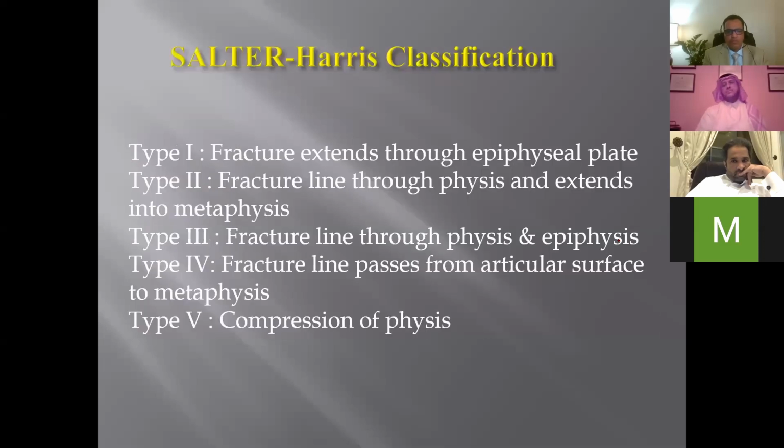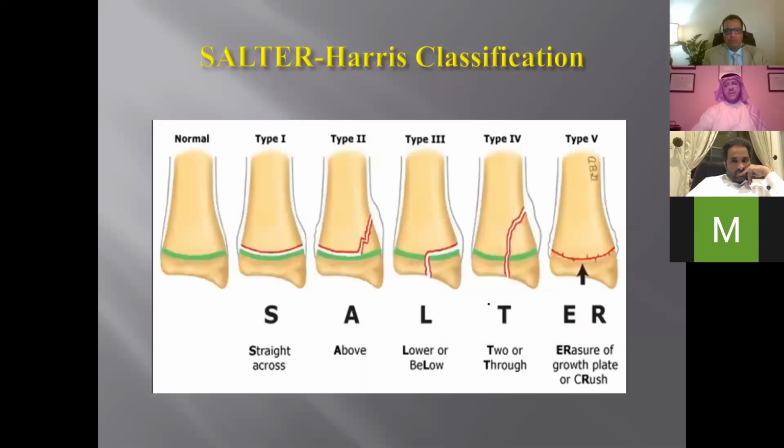Salter-Harris classification is very important to know, especially for physeal injury. Quickly here, as you know, this is the abbreviation for the Salter-Harris or the physeal injury. If there is injury in the same physeal plate, it will be type 1. Type 2, it will be above the physeal plate. Type 3, it will be lower. Type 4, it will be above or through, affecting the physeal plate,